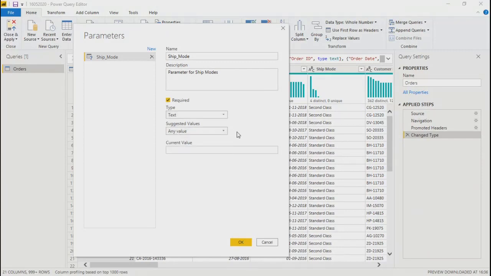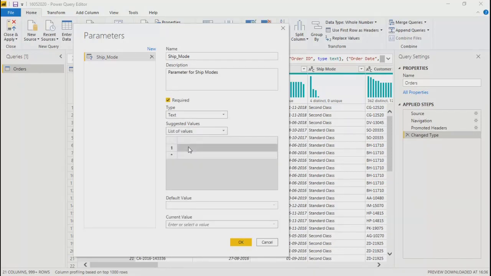And then you can give any values in terms of list, query, or a specific value. So let's type anything. I will type second class. Then we have standard class. Let me add one more value called first class.